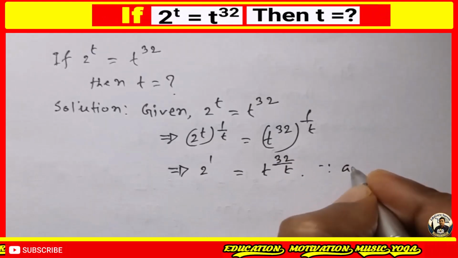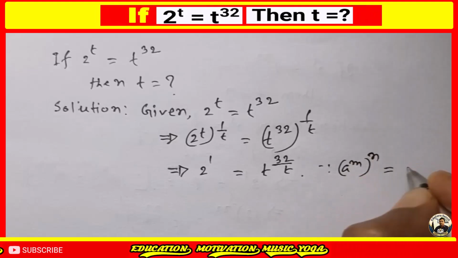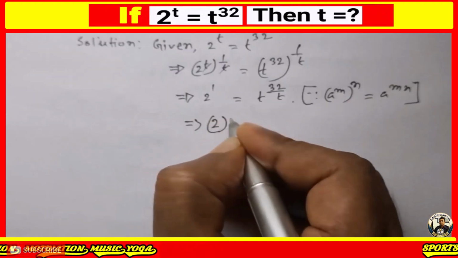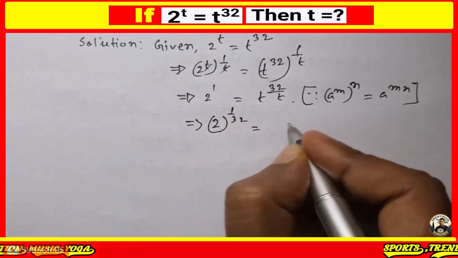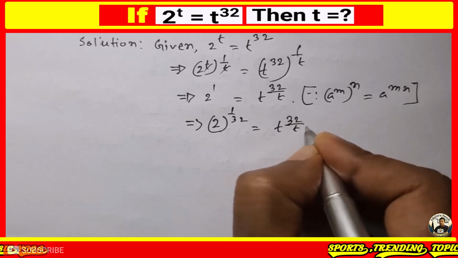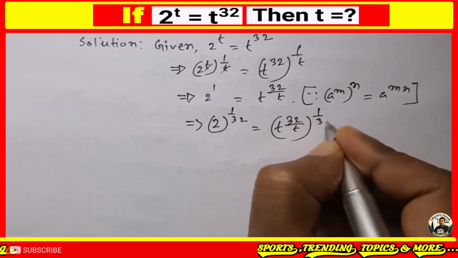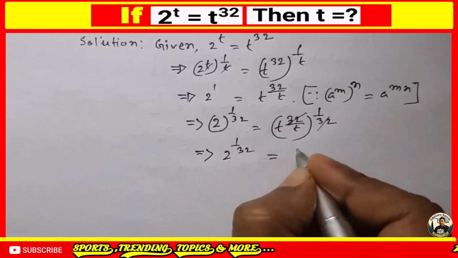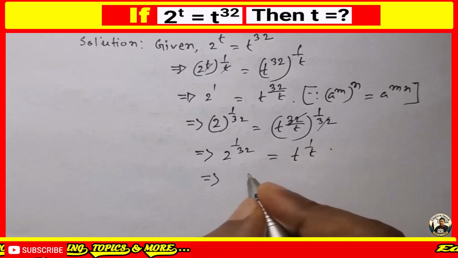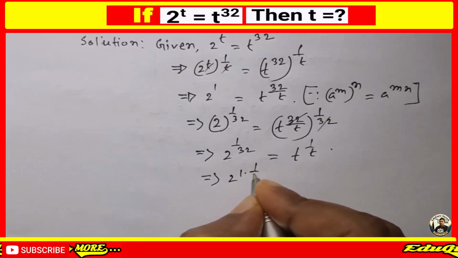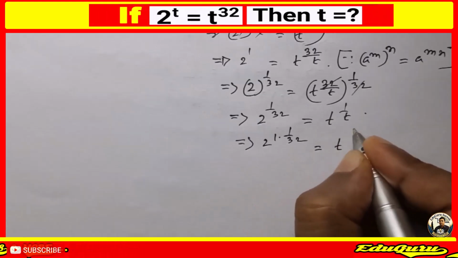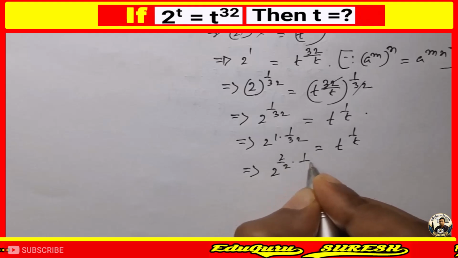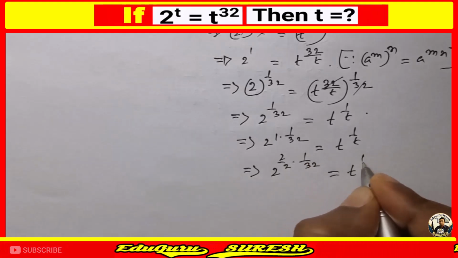Since we know (a^m)^n = a^(mn), or 2^(1/32) = (t^(32/t))^(1/32), 2^(1/32) = t^(1/t), or 2^(1 × 1/32) = t^(1/t), or 2^(2/2 × 1/32) = t^(1/t),